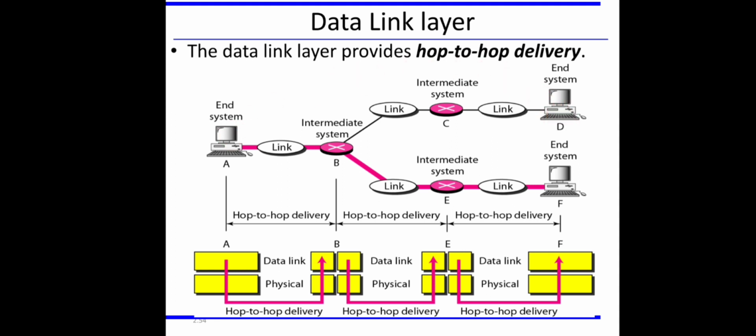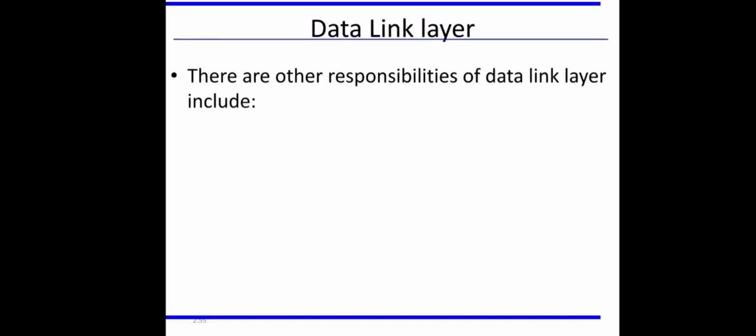This is the hop-to-hop delivery. Apart from this reliable hop-to-hop delivery of messages, the data link layer also performs other functionalities like framing. For example, on the sender side, the sending machine's data link layer receives a packet from the network layer, then adds a header and trailer to this packet to form a frame. An example of information added as a trailer or header is the checksum value.